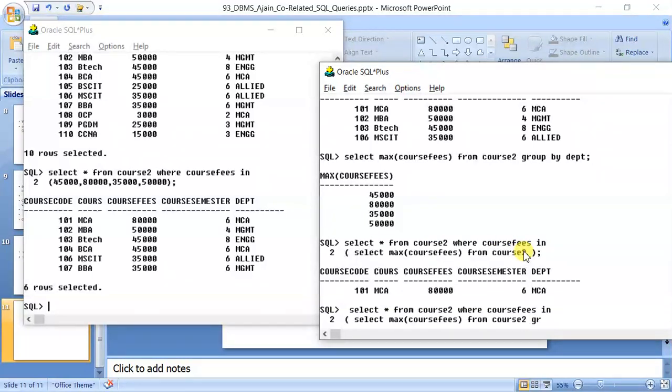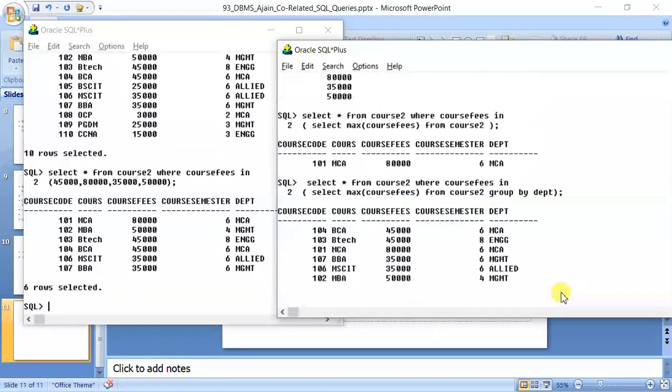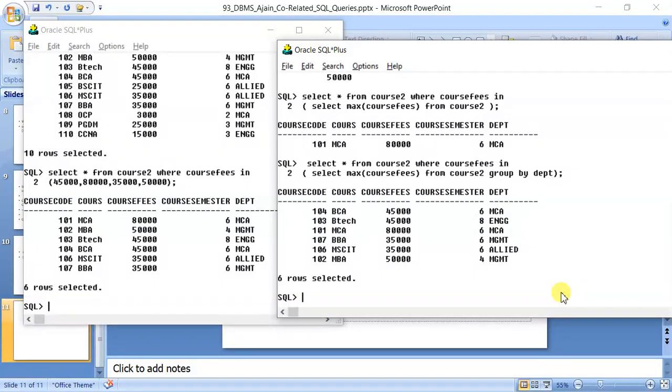Now group by dpt. Okay, so internally what will happen, four outputs will come here. I hope this is clear to you. Four outputs will come here, something like this. So again, what will be the output? The output will be wrong. I hope you are getting.